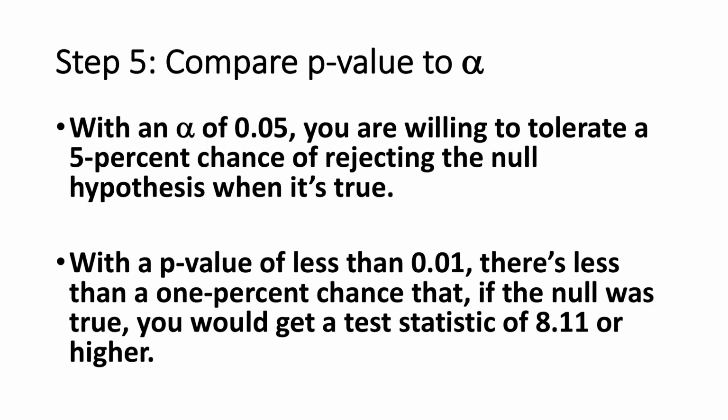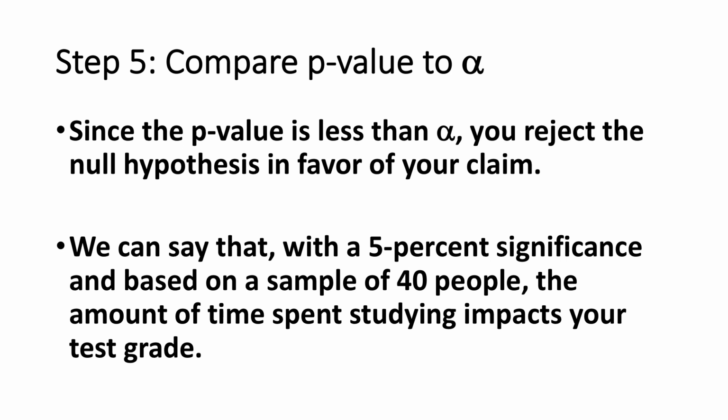The last step of the hypothesis test is to compare the p-value to alpha. In step 2, we set a significance level of 0.05. That was our alpha. That meant that we were willing to tolerate a 5% chance of rejecting the null hypothesis when it was true. And with a p-value of less than 0.01, there's less than a 1% chance that if the null was true, we would get a test statistic of 8.11 or higher. Since the p-value is less than alpha, we can reject the null hypothesis in favor of the claim. In other words, we can say that with a 5% significance level and based on a sample of 40 people, the amount of time spent studying